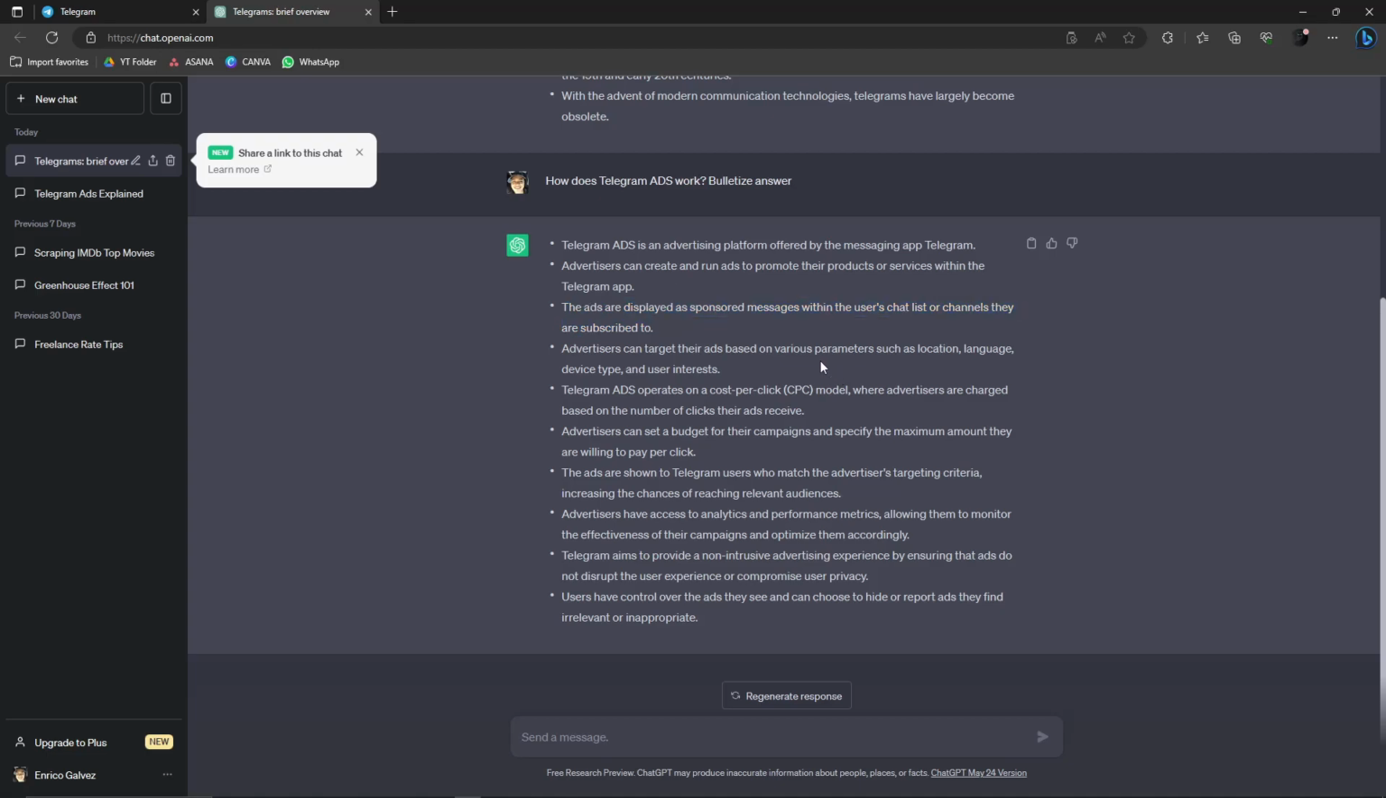So, in general or in summary, Telegram ads are the same as Facebook ads, the same as YouTube ads. In a way, they're only within Telegram themselves. You can't see any Telegram ads within Facebook, of course. You're not gonna see Telegram ads on YouTube or Google. You're only gonna see Telegram ads within the Telegram app. So, lastly, the ads are shown to Telegram users who match the advertisers' targeting criteria, which increases the chance of